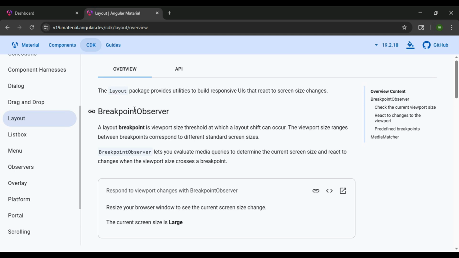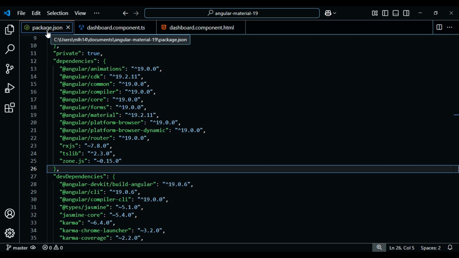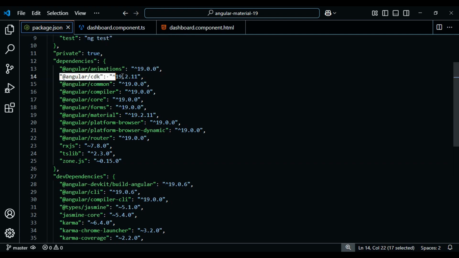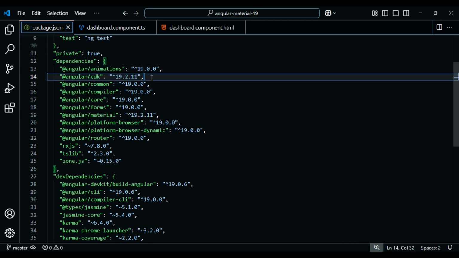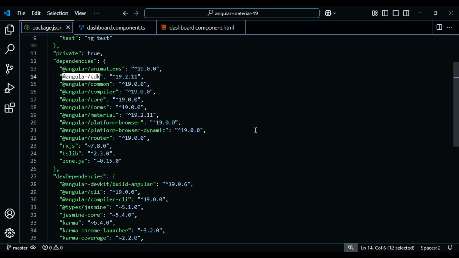But before we can use this, we need to double check that we already have the CDK library installed inside of our package.json file. Let's check that first. Inside of the package.json file, in a prior video, we installed this Angular CDK. You should see this before moving forward. If you do not see this, you'll want to run npm install and install this Angular CDK package. We set that up in a prior video back in Module 1. Once you have this package installed, you'll be ready to move forward, and we'll start inside the dashboard component